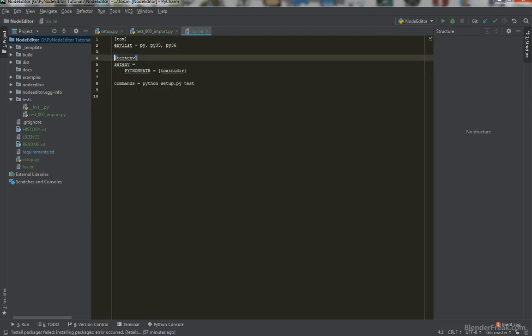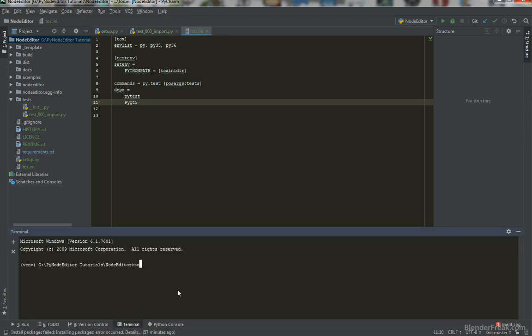I will also delete this one, and here in the commands I do want to call py.test and pass the arguments tests like this, and I can set up the dependencies, which is gonna be, there are gonna be more dependencies, so pytest and pyqt5 like this. Now when I run up the terminal and write tox,